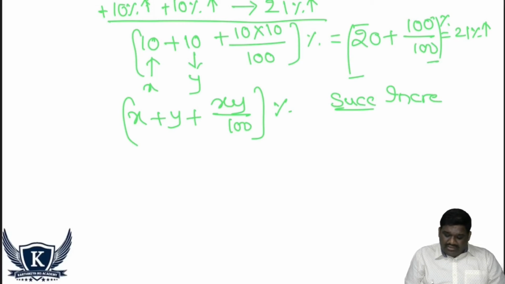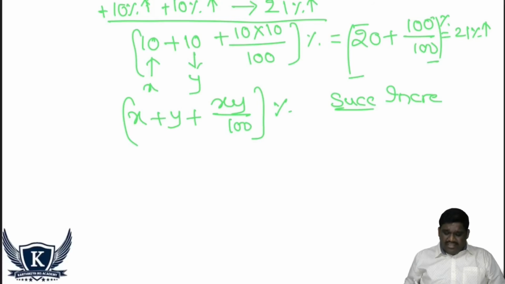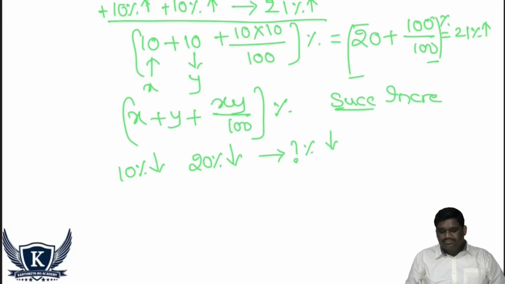If a discount of 10 percent is given to you first, and again a discount of 20 percent is given, what would be the overall decrement or increment? There are two chances, right? If there is a discount of 10 percent first, and later a 20 percent discount, what would be the overall percent discount? Don't think that 10 plus 20 percent is equal to 30 percent. No, it is not the correct answer.